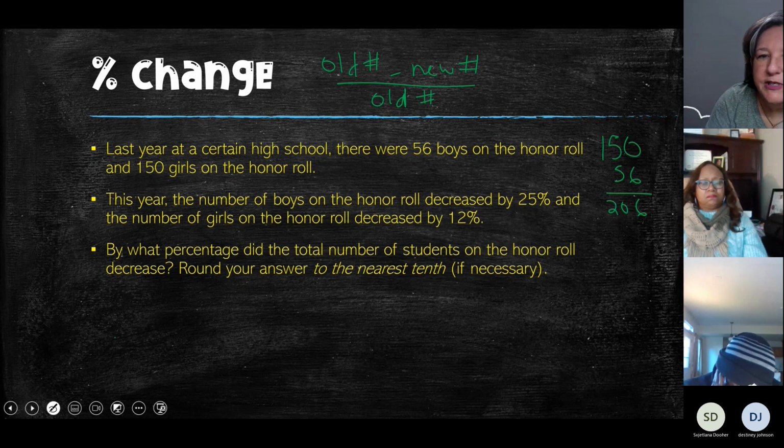So there were 206 kids on the honor roll to begin with. And the number of boys decreased by 25%. So